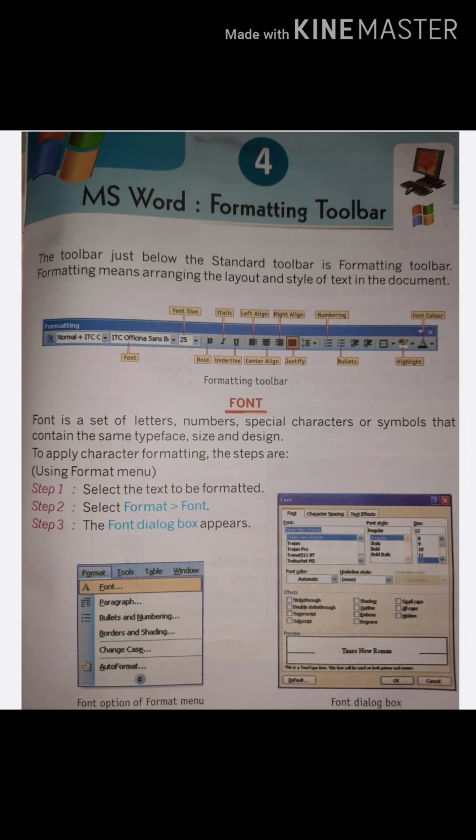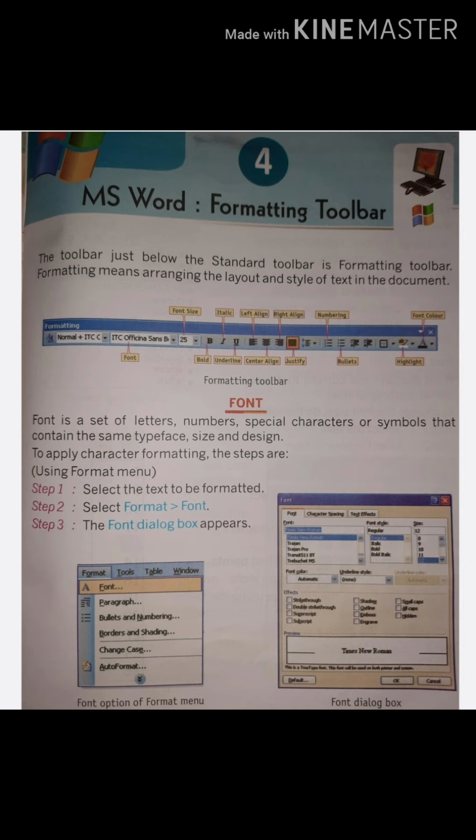What is aligning the text? Aligning text means arranging the text within a column. Word allows you to align according to the left margin or right margin, centered in the column, or aligned to both left and right margins. The default alignment for your text is left. As you start typing in a new document, all the text begins at the left margin and moves to the right while you type.